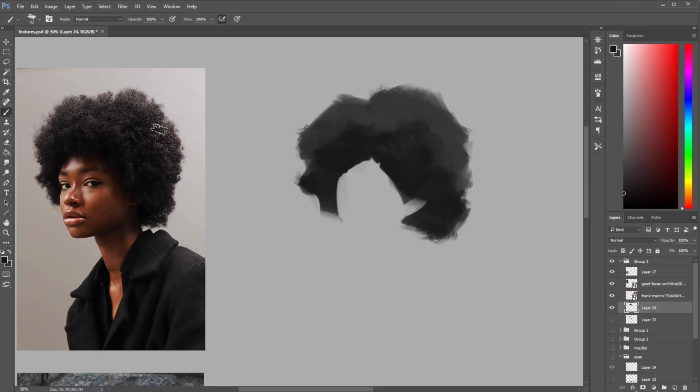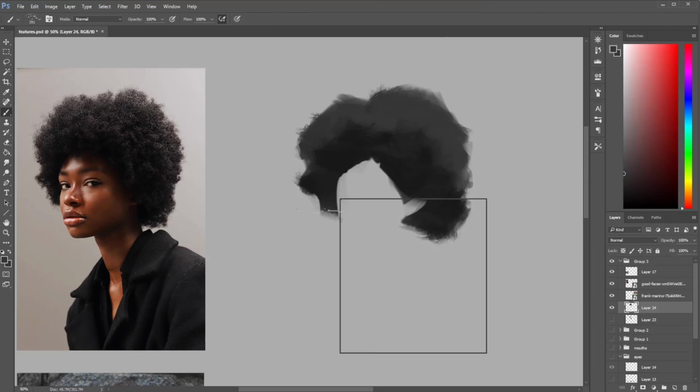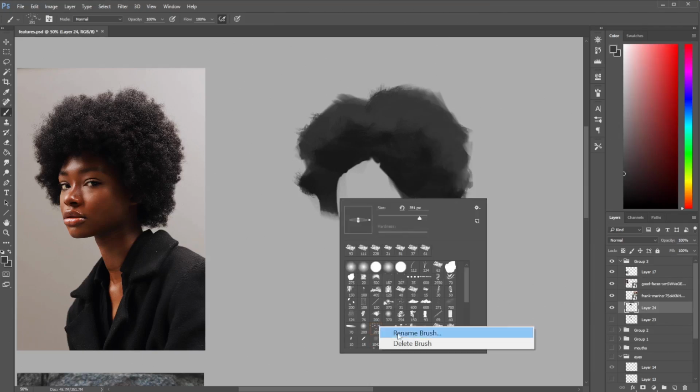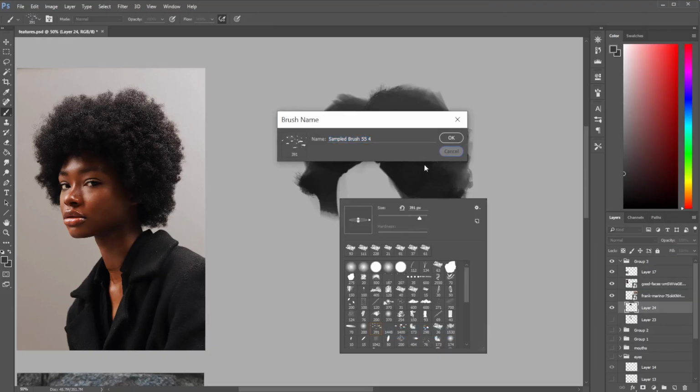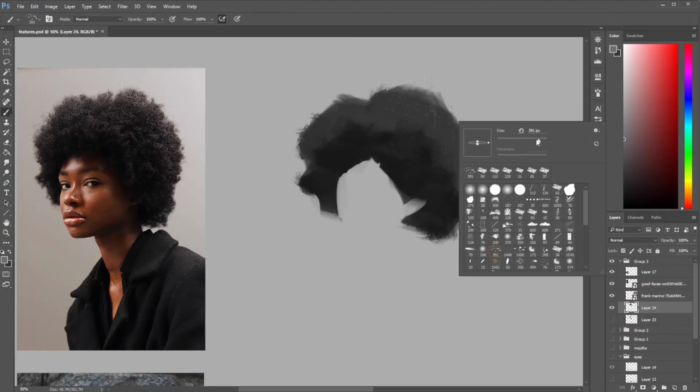And you may think that this area, there's like some shadowy parts right here. Don't worry too much about it, because when you're doing hair, you're supposed to concern yourself mostly with big shapes, because if we get too much into the details, it's going to start looking very cluttered. And so the final steps we're going to do here is we're going to take this 391 brush, which is called the sampled brush, and it basically has these little varied speckles like this, to try to add some of that light that's in her hair,